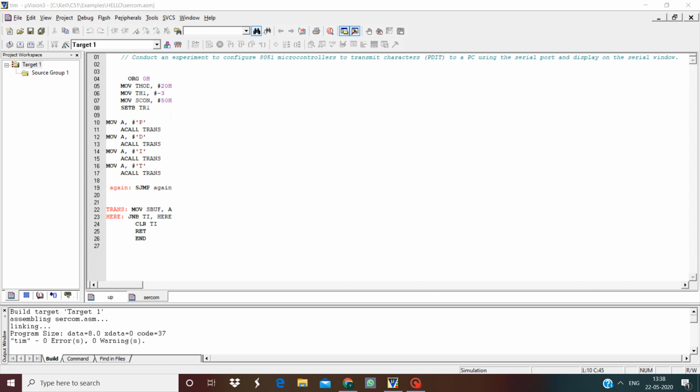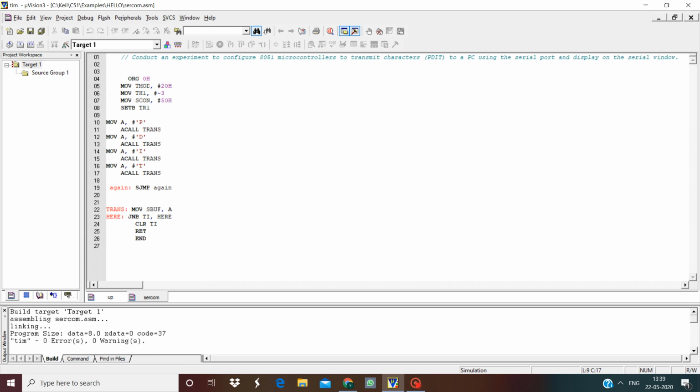Next, the SCON register is loaded with 50H, MOV SCON, #50H. This is mode 1 with 1 start bit and 1 stop bit. After that we start the timer using the instruction SETB TR1. Whenever the data is transferred, a high on TI indicates that the data transfer is complete. So initially we need to clear the TI bit. The TI bit is a part of the SCON register. Already in the SCON register we have made it 0, so I will not use CLR TI again here.